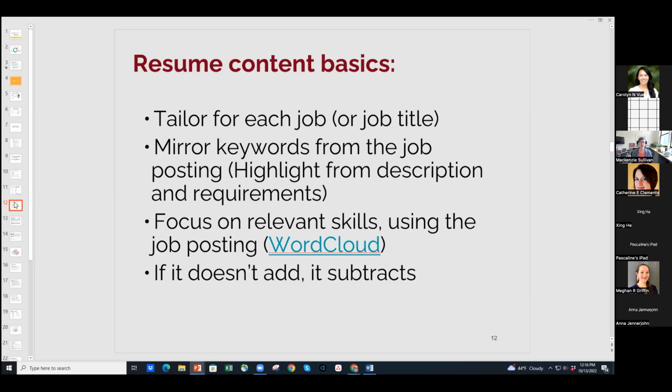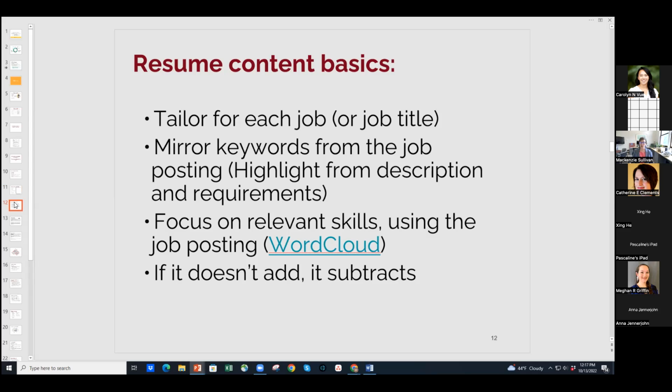So this is probably not news to anybody. Unlike a CV, which is probably mostly consistent as you're applying to jobs, a resume has to be tailored for a specific job. Now, if you're applying for similar sorts of jobs, if you're applying for project manager jobs at various nonprofits, there might be 90% overlap. So you're not going to have to tailor each bullet point. But you are going to have to tailor for jobs because, again, it is the things that are relevant to the job, relevant about you, and not the things that are not relevant. So you're going to have to pull some things out.